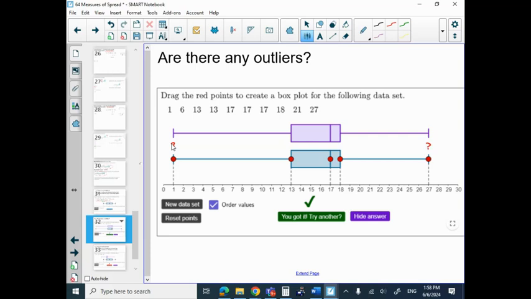Okay, so what we're going to do is look at that interquartile range. The interquartile range is 18 take away 13, so it's just 5. And then we're going to be looking at our lower limit. So let's do the math down here. Our lower limit